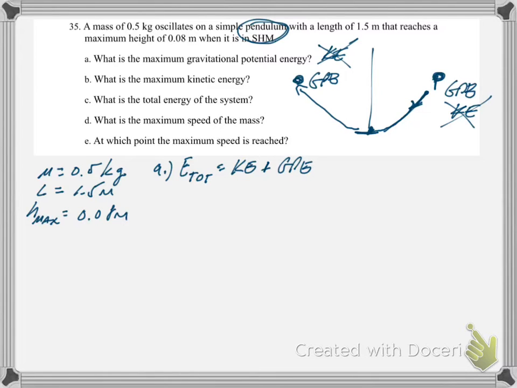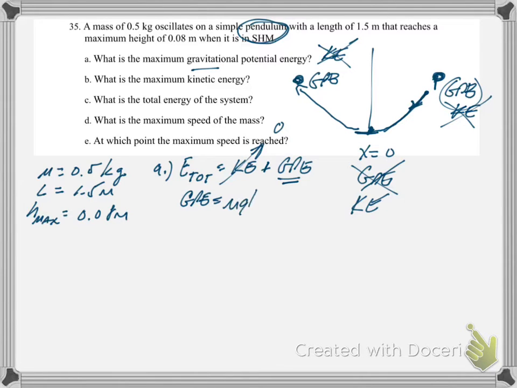As it falls down, as it passes this equilibrium point, it has no GPE, but it has KE because it's moving. So the maximum gravitational potential energy would be here when it has no kinetic energy, or the kinetic energy is zero. So the total energy of the system is going to be all GPE, and GPE equals mgh, and